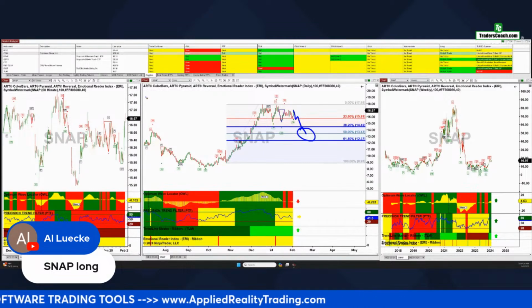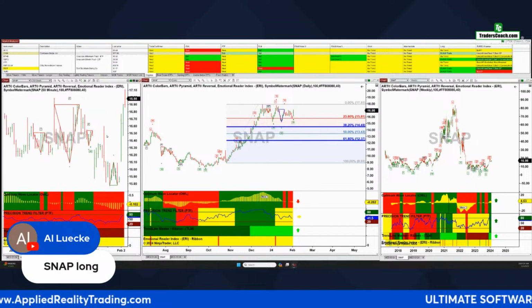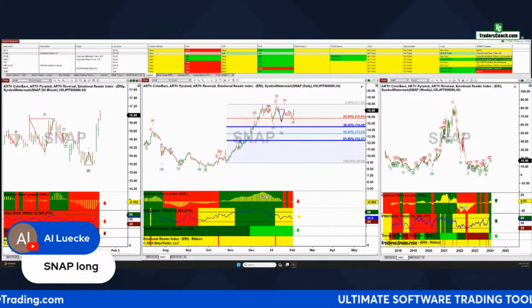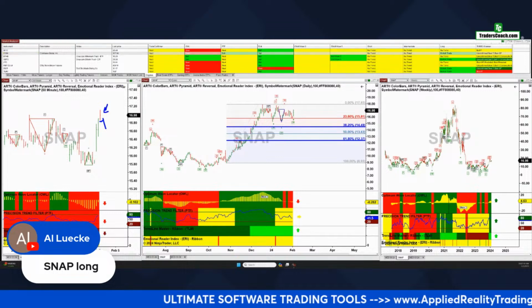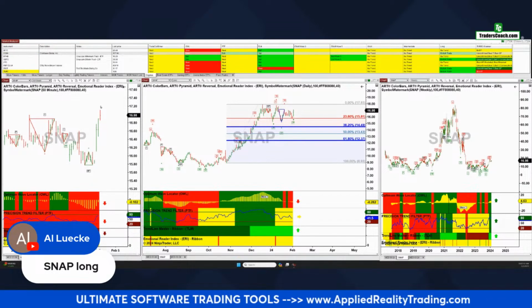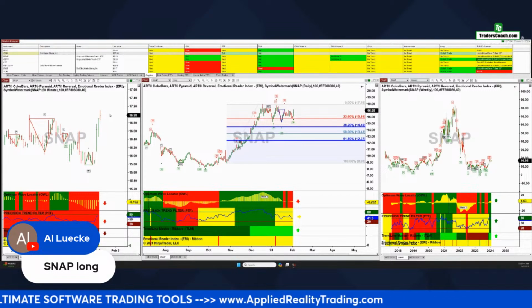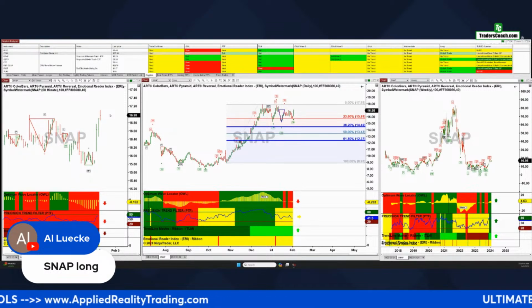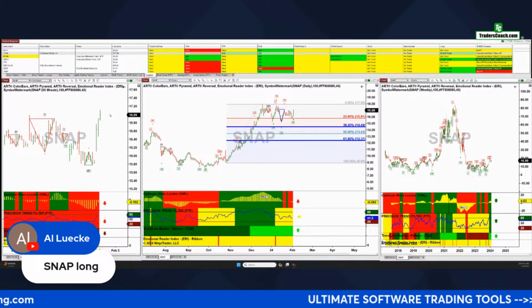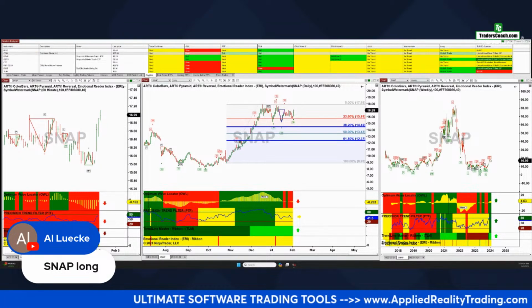So that's a possibility. But I even would wait until pricing on the 60-minute chart. Let's wait until we get a price bar below this possible bar up here. Let's see what happens with that on Monday. All right. So I wouldn't short it just out of the blue here, but I would wait to see if prices start to move back down. Okay, that's SNAP. And then that could be a short.